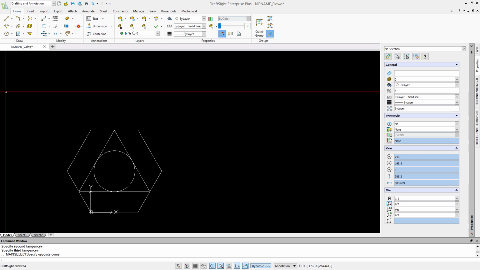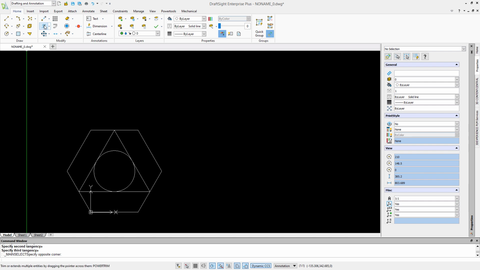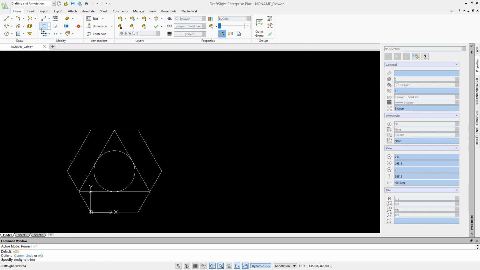So we have some geometry, we now need to start modifying. The most obvious thing to try and do here would be to trim, so I will show you the power trim tool. Now unfortunately that's only available in the higher levels of DraftSight, but you can see this grey line that appears behind my mouse. And essentially, wherever my mouse passes through geometry, that line segment or line is removed. So it's a really quick way to trim your sketches back.